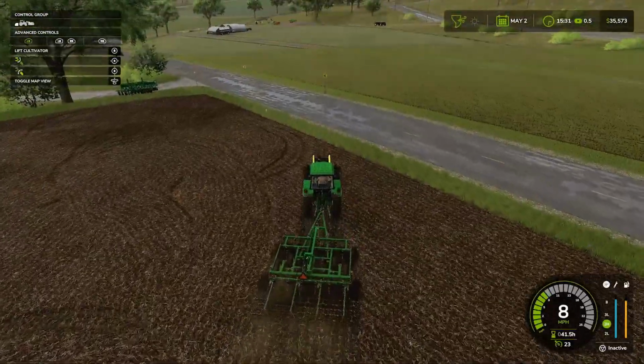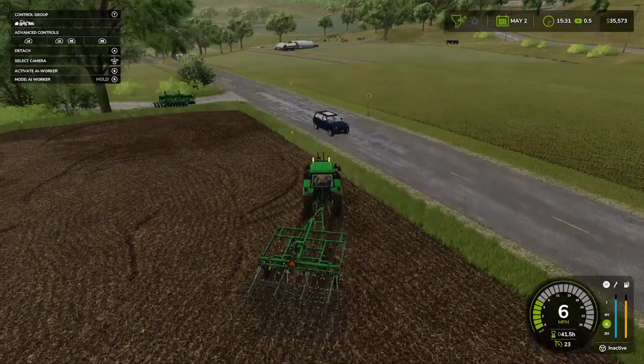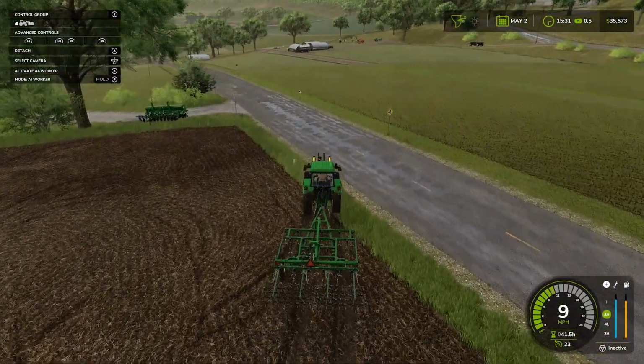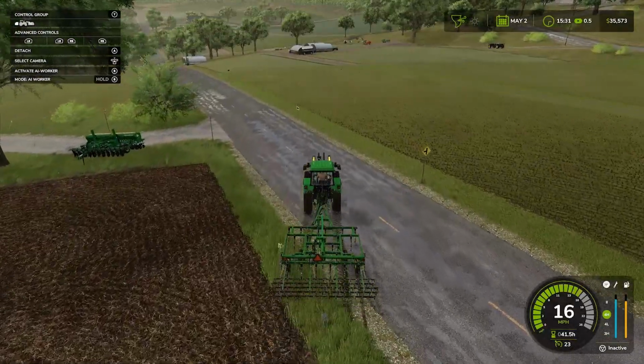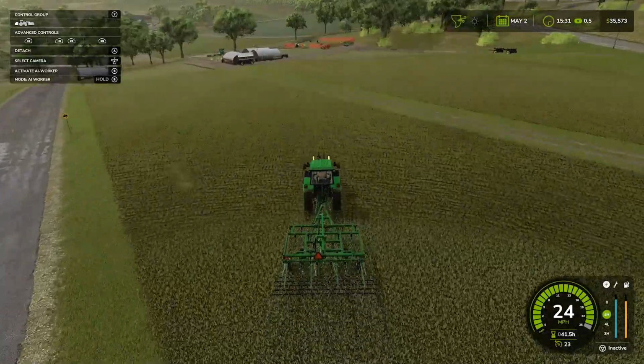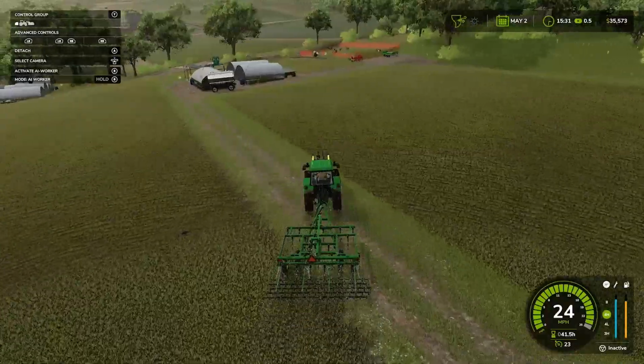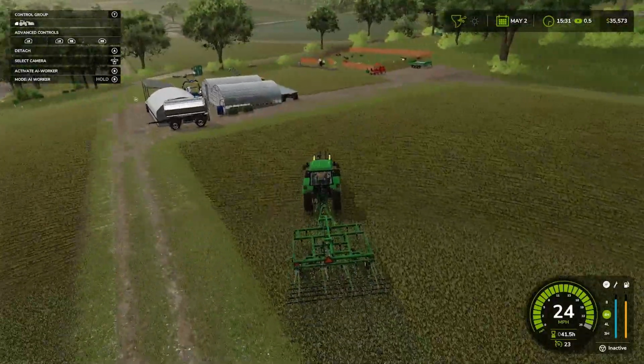All right, there we go. The field is cultivated. We're going to go ahead and take our cultivator back. We'll park it at its spot, and then we're going to pick up the seeder. We'll seed the field with some grass and get that going. And that's probably all we're going to do here. We might check to see if there's some contracts. I mean, we've got